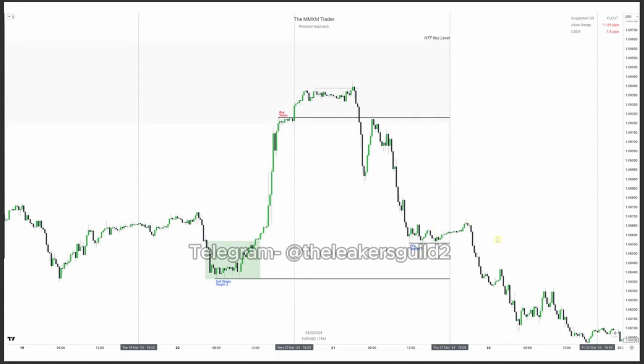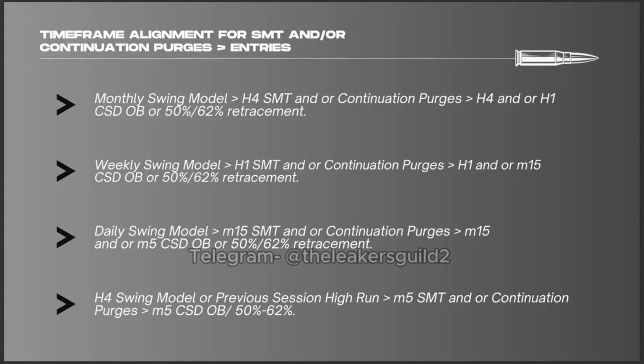But those are just the probabilities. Right, so now let's dive into time frame alignment for SMT and our continuation purge, and then how to take